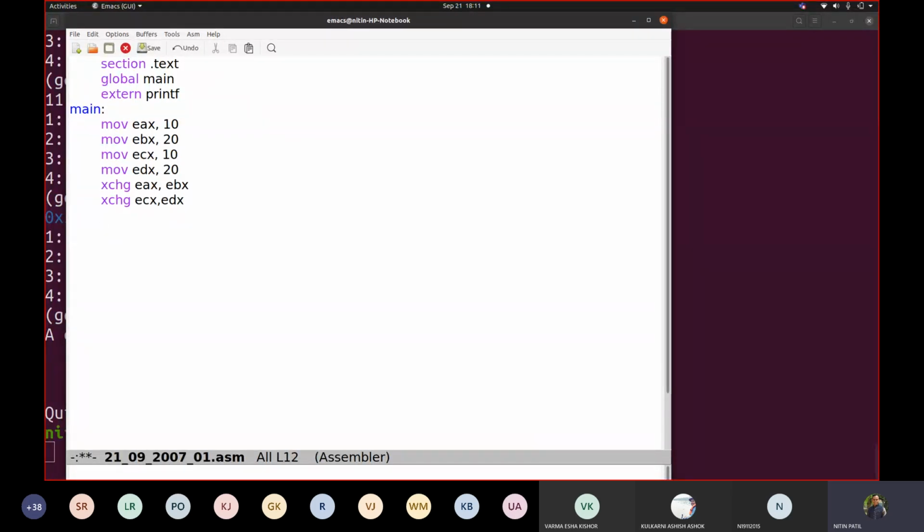Now let us see a few more instructions. Now I have to make use of comparison. So let me write sub ecx, edx and let me write cmp eax, ebx.